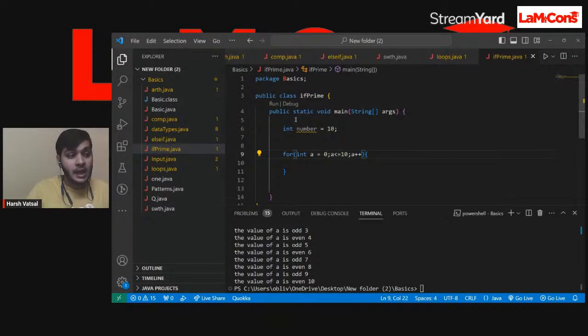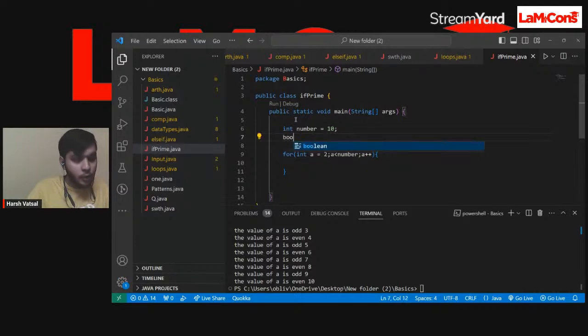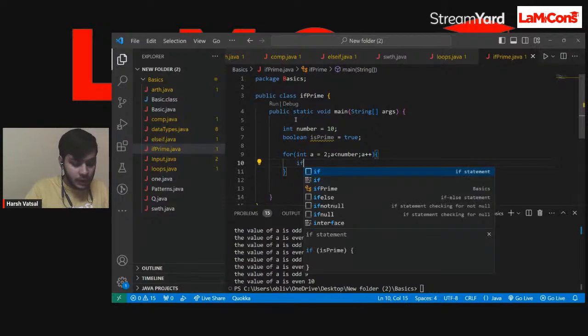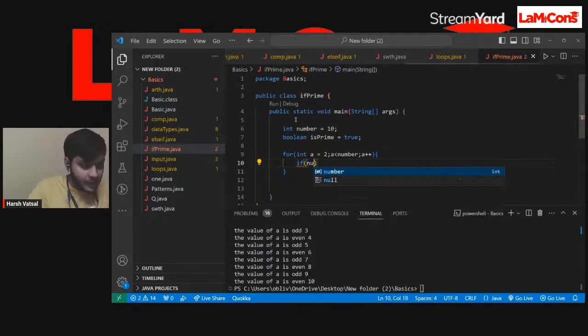Our loop is going to run from 2 until it is less than our number. Okay, it should be less than our number and it should start from 2. Okay, and at first we are going to do what? We are going to take a boolean and we are going to consider that isPrime is true. That means we are considering that our number is prime. By default, we are assuming that our number is prime. And then we are going to try dividing our number with each value of a, because a is going to be